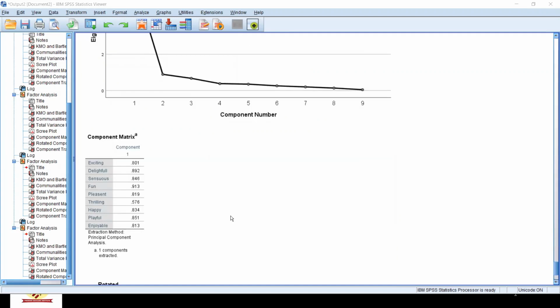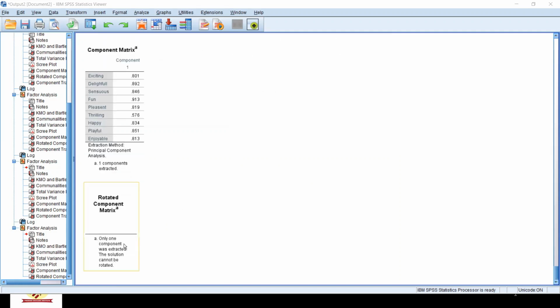So these are your final items to be selected: 1, 2, 3, 4, 5, 6, 7, 8, 9. So you can use all these 9 items as your final items. You can see all the values of factor loadings are well above 0.5. Please understand, this is how you have to remove your extra dimensions. Now it is already confirmed, only one component was extracted, the solution cannot be rotated. That means you have already come to your final set of data to be included in